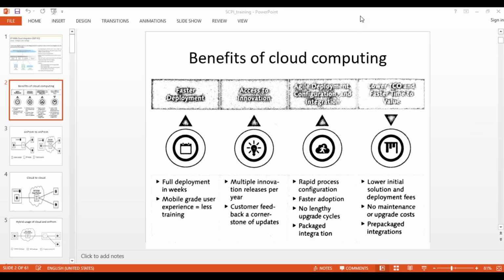So since these benefits are there, of course there are some apprehensions that the data is not secure, and what happens with our system that is in the cloud. But if you see, slowly things are changing. Every customer is moving to the cloud.